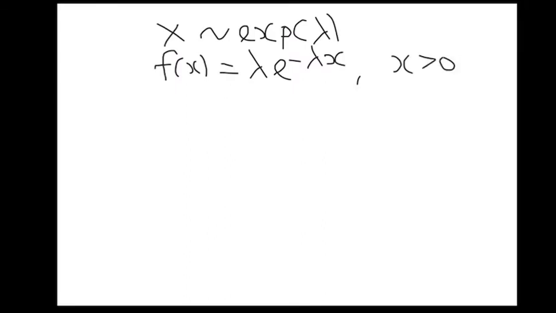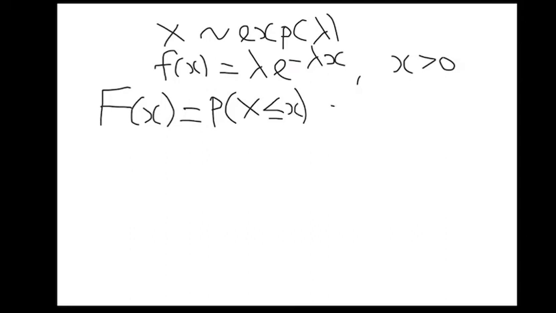Okay, so I need to get the CDF of this. I need to get the distribution function of this particular distribution before I can figure out what the quantile is. So if I want to get a CDF, that is an uppercase F of x, which is the probability of X less or equal to small x. I'm going to go from 0 to x. Don't forget, if you want to find a CDF, it's going to terminate at a particular point x. Then I'm going to write lowercase f of t dt.